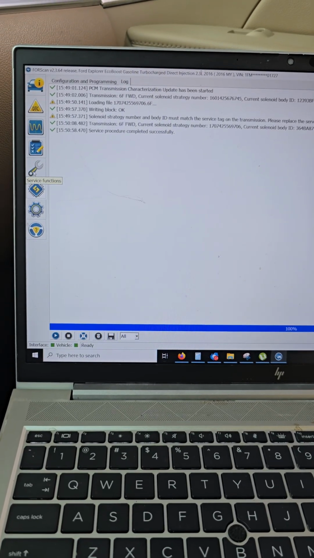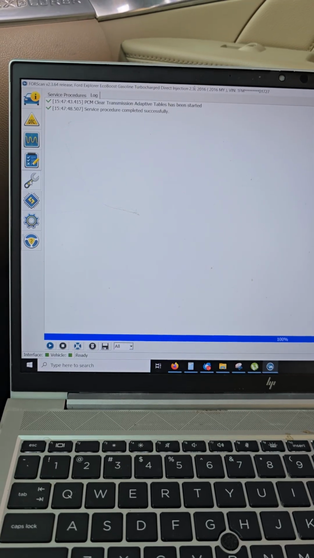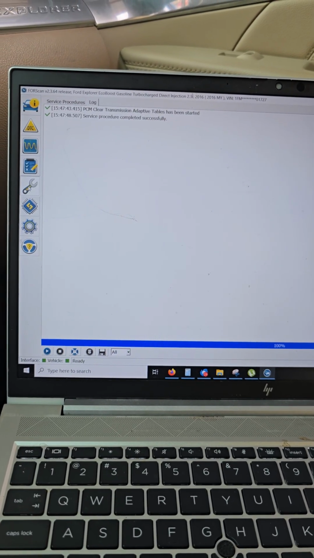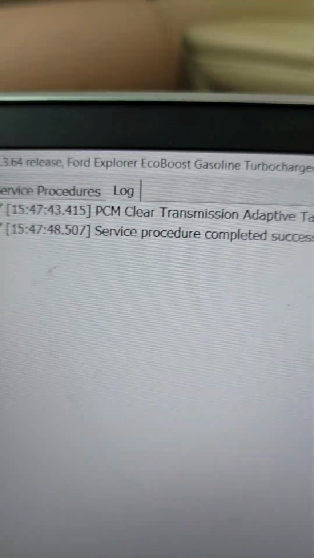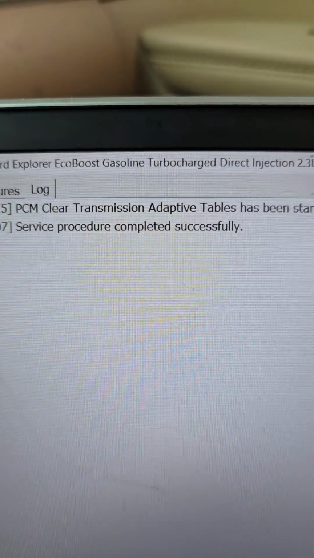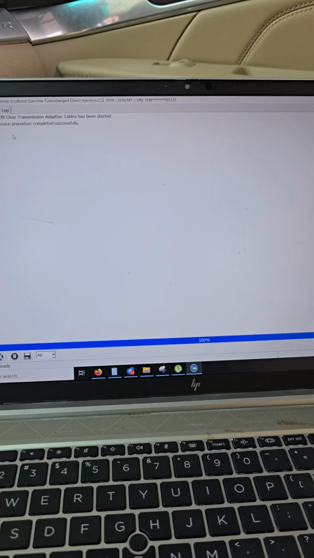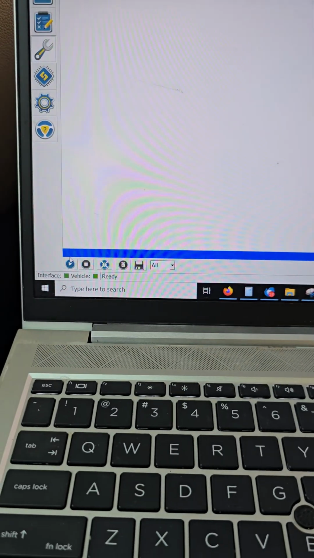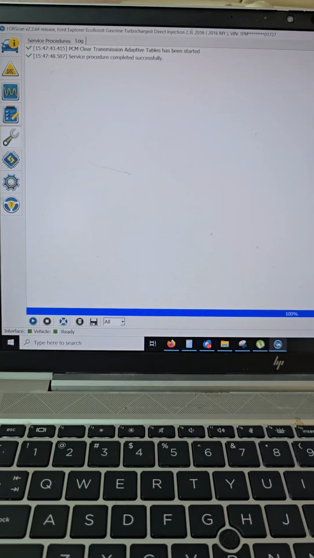Alright, so we don't want program and configuration. First we want to go into the little wrench icon, and the first option says clear transmission adaptive tables. As you can see, it's already completed successfully. I already did that. You'd want to just run that, and pick the little run button down the bottom, and then once that's done,